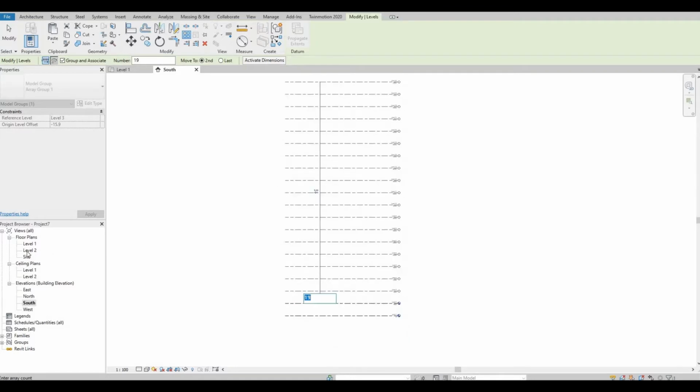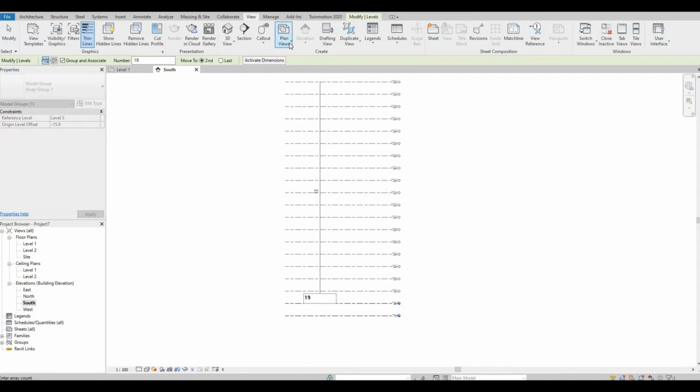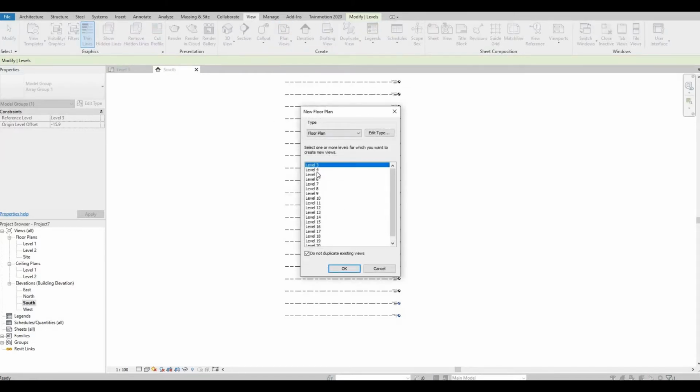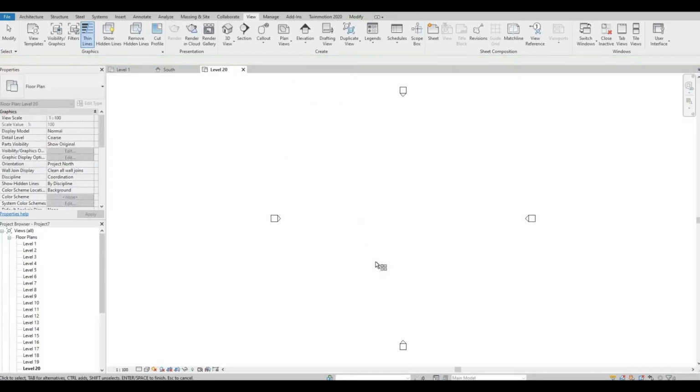We need to show all the levels in floor plan. So go to view, click plan views, and then floor plan. Level 3 is selected. Go down to level 20, but before you click level 20, hold shift and then press OK. So we are at level 20. Let's go back to level 1